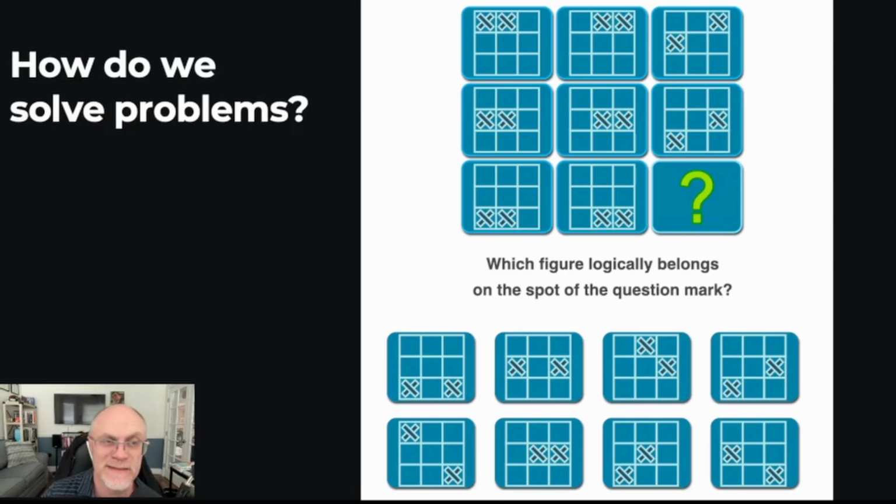So if we look at the different images here, we start in the upper right corner and we go down the first column. You can see those X's are both sliding down one spot. Okay, that looks like a pattern, so we would check to see, does that apply also across the board? If you look at the second column, it does, because those X's slide down. Now, in the third column, you've got them staggered. So the question is, they do slide down from the top right to the middle right side of that column. Okay, what happens next?